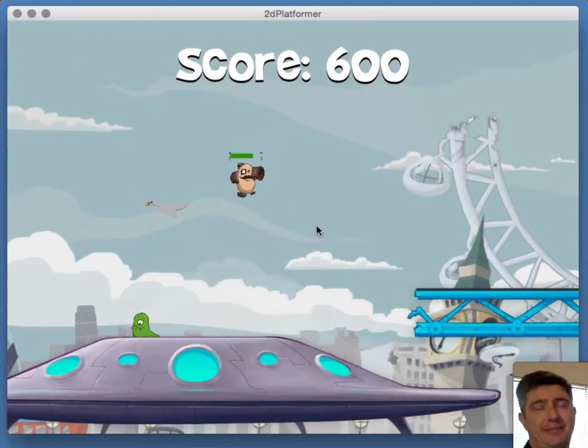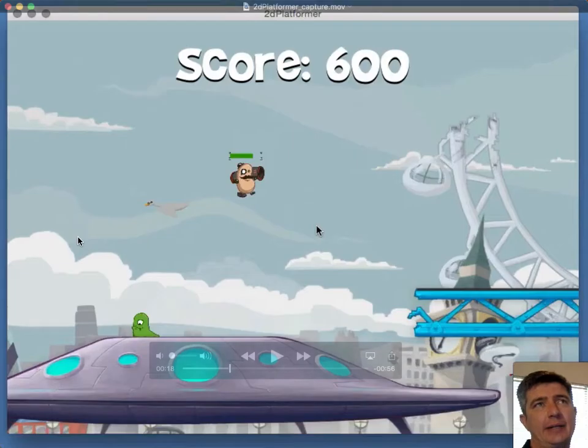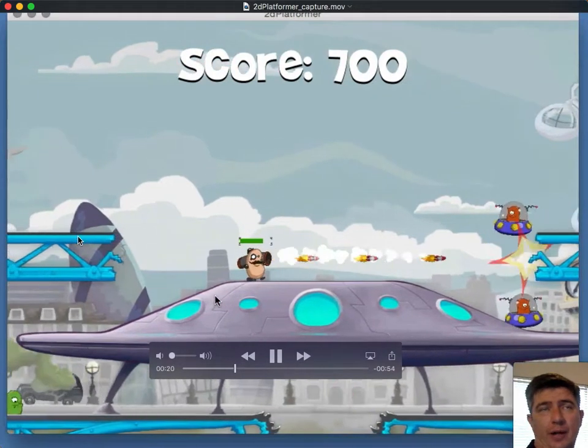Now, it's doing this seamlessly in the background. It's not actually pausing the game or anything like that. But it gets to the end of that first main loop, and it says, okay, what do I do now? All right, randomly choose another main loop, and keep playing that. Now it chooses main loop 3, and it can choose them in any order that it wants.